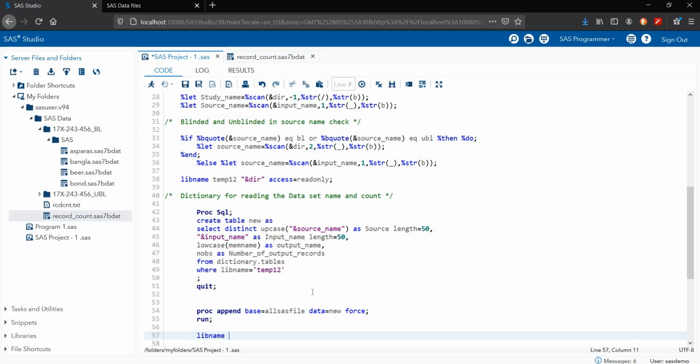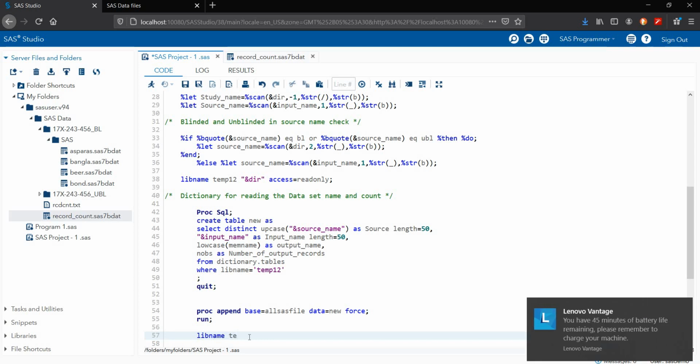Next we are declaring one more library here. I'm saying we need to read out only the SAS folder files, so that's the reason I'm declaring it here.